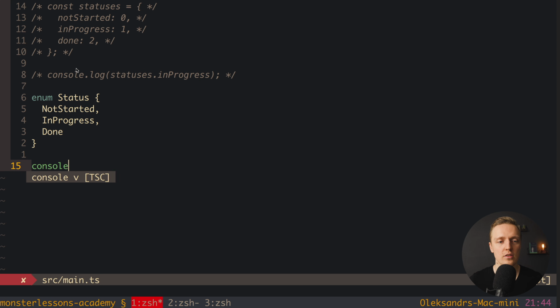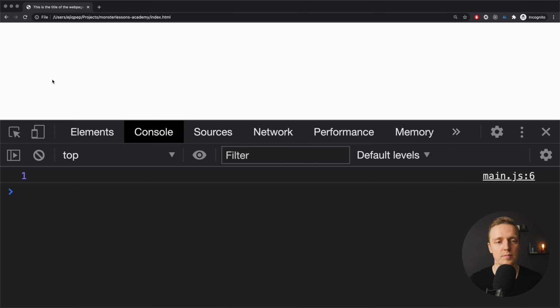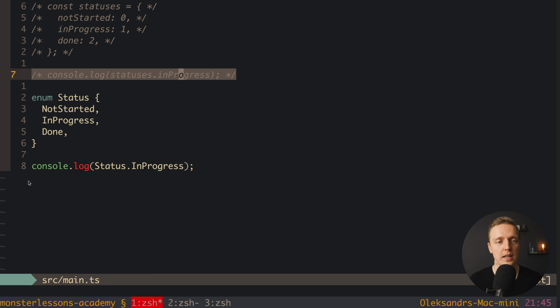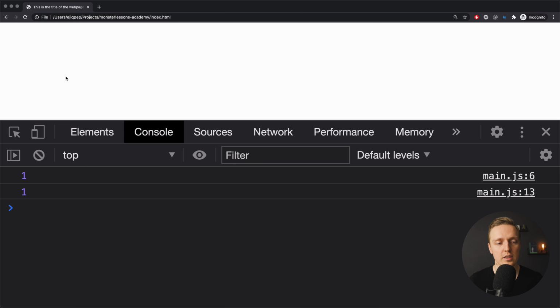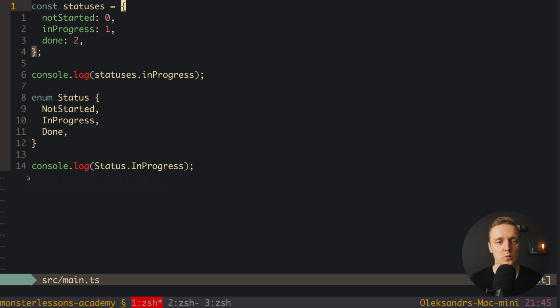Now let's check in console log how it will look. Here we can write Status.InProgress and console log it. As you can see, we're getting 1, and this is the same 1 as it was at the top. I can uncomment this block. As you can see, we're getting 1 and 1, so the result is exactly the same.